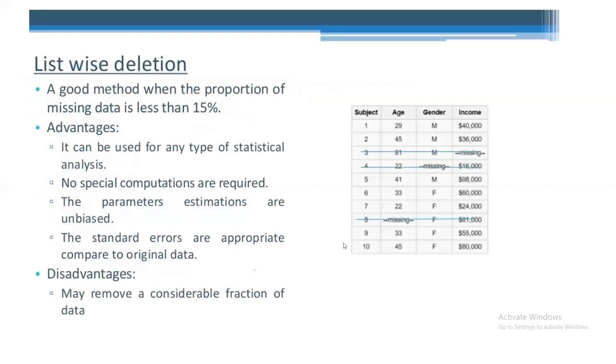Here I am presenting a snapshot of our data. Please look at this data having columns subject ID, age of the individual, gender of the student, and income of the person. If you carefully observe this data set, do the columns have missing values? Yes. Age column, if you see, participants, has one missing value. Gender column has one missing value. Income has a missing value. Now, if I start using the deletion approach, I can delete the age column, I can delete the gender column, I can delete income.